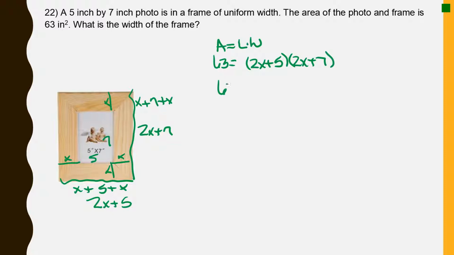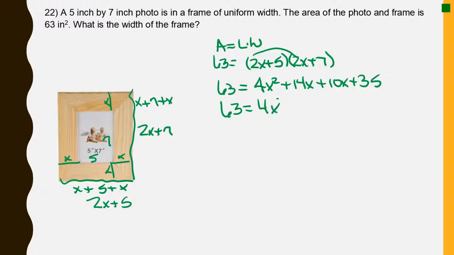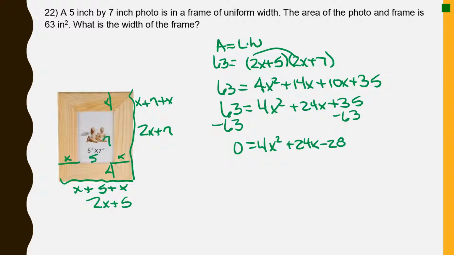So 63 is 2x times 2x is 4x squared plus 14x plus 10x plus 35. So 63 is 4x squared plus 24x plus 35. I'm going to subtract 63. Guys, I'm going to be honest, I'm going to my calculator here. I'm just not trusting myself. 4x squared plus 24x minus 28. I could divide everything by 4, but since I know the quadratic formula, I'm just going to go over here